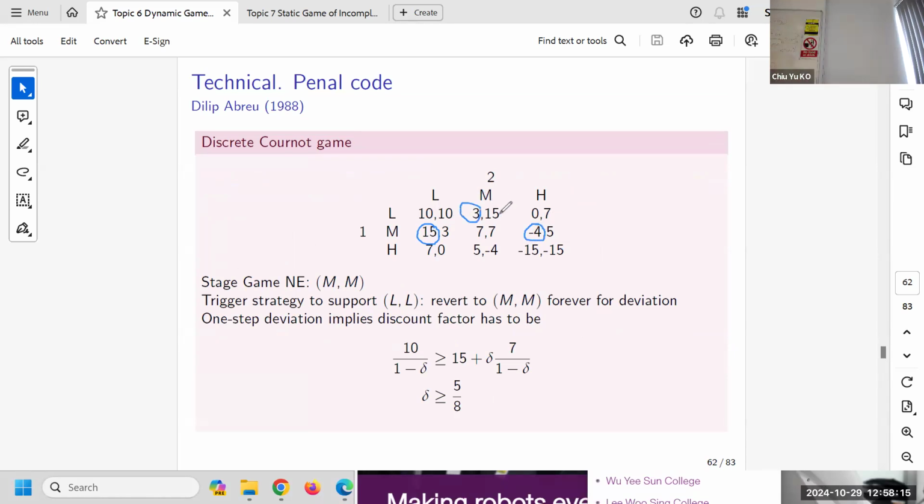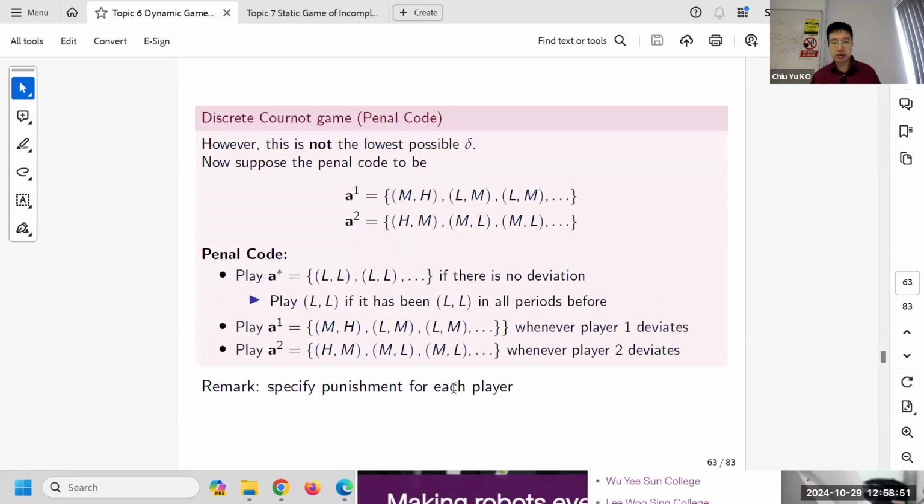So that would be the punishment. Instead of going to LL, right? Going to MM, which is very good. I want to make it less. At the same time, I want to punish, or I want to benefit the guy number 2, right? So that would be the idea. Of course, you will ask how we decide this punishment. Later you will see. But the main idea is that you would have a player-specific punishment. That's the main idea.